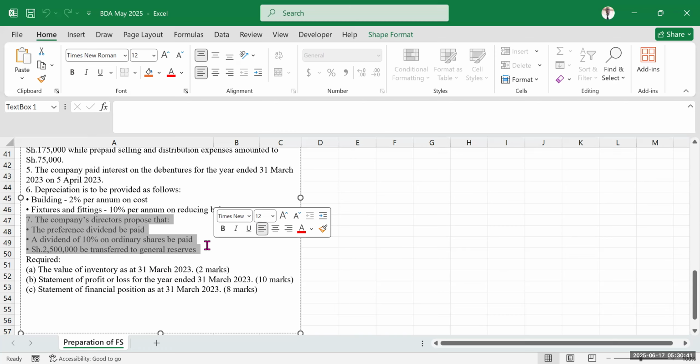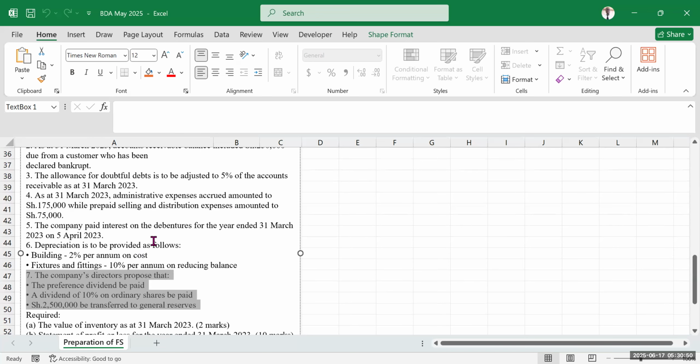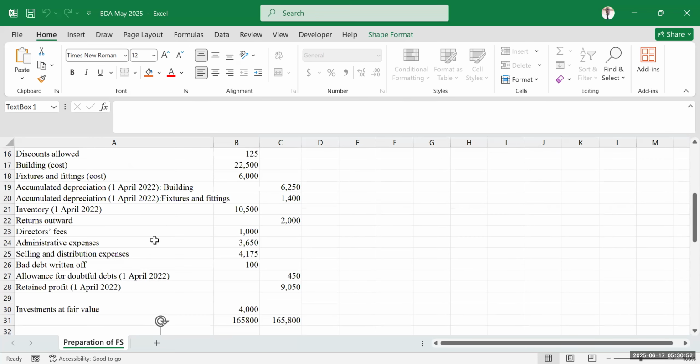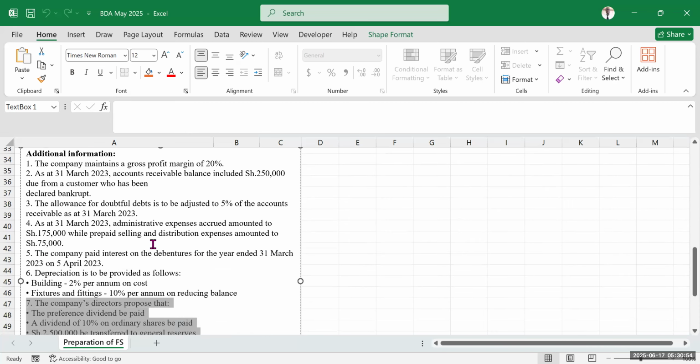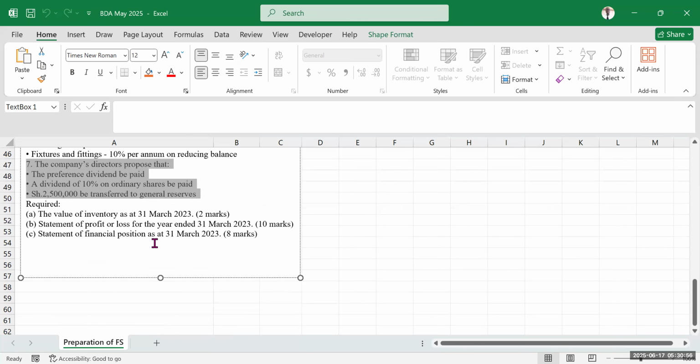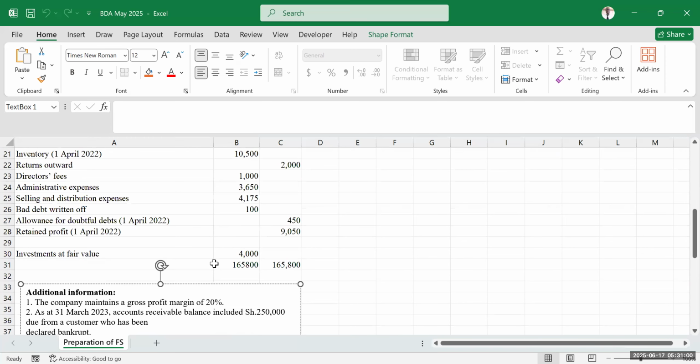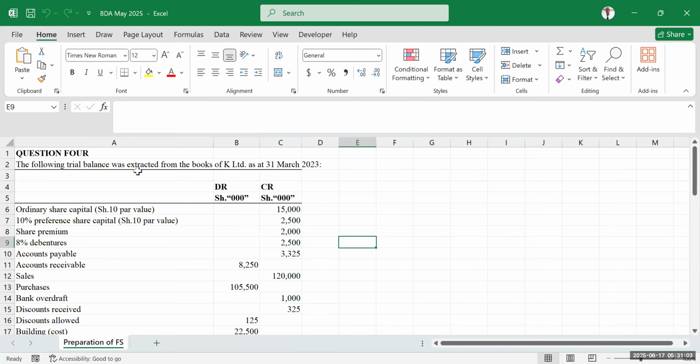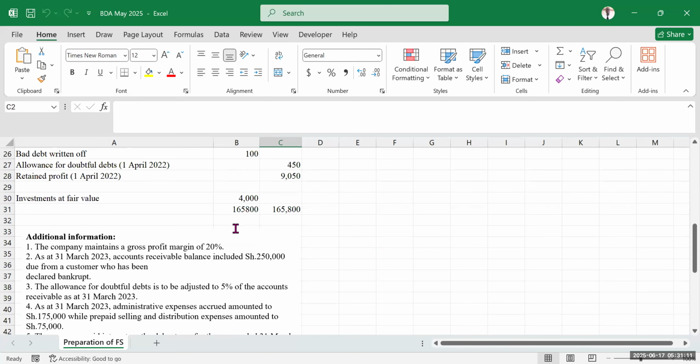Required, what does the examiner want us to do? The value of inventory as at 31st of March 2023. Now, with all these adjustments, the first part is to look at how to get the closing inventory, or the value of inventory at the end. Look at the date 31st of March. This is the date when the trial balance was extracted. So this is the reporting date. So we need the closing inventory, the inventory to be included in the books at that date of preparing financial